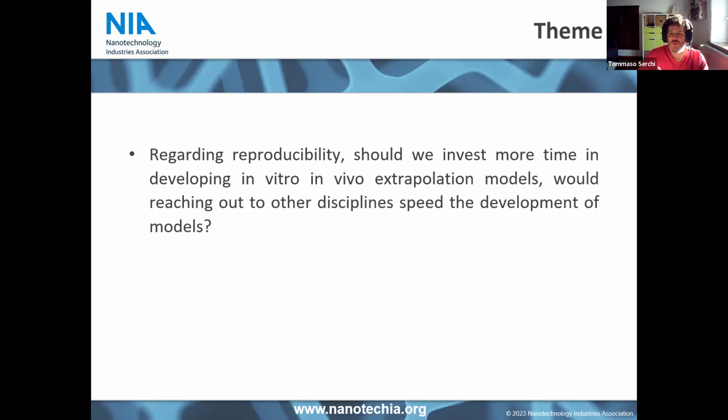I'm a bit more skeptical if you need to develop new extrapolation models towards in vivo animals. And also in that case, it depends. We know that there are some in vivo models which are working nicely, predictive, and that should be used. There are others that we know are used because there is no alternative, but it is almost like not using them. So in that case, I don't see why we should invest in extrapolating something to something that we know